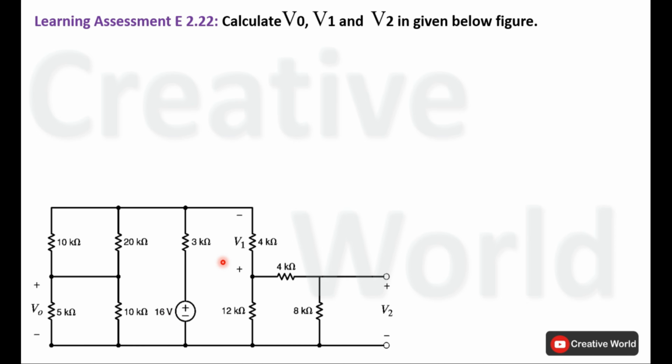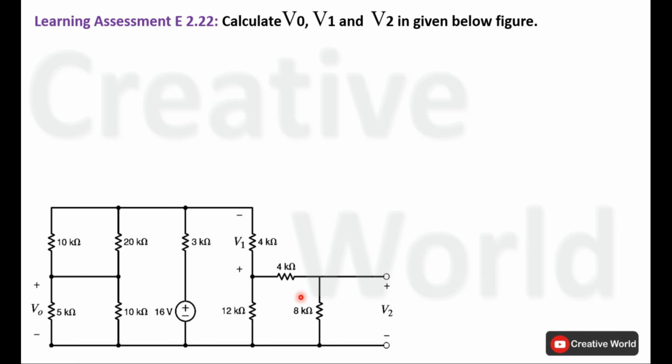And we know that in order to calculate voltage across any resistance, we should have at least two parameters. One is the value of resistance and the second one is current through that resistance. In this case, we don't have the values of currents flowing through these resistances. So first we have to identify the current flowing through these resistances. Later on we will be able to calculate voltage across these resistances.